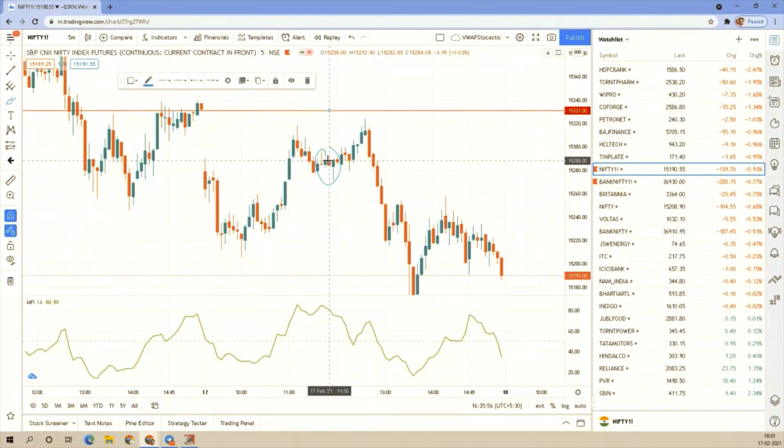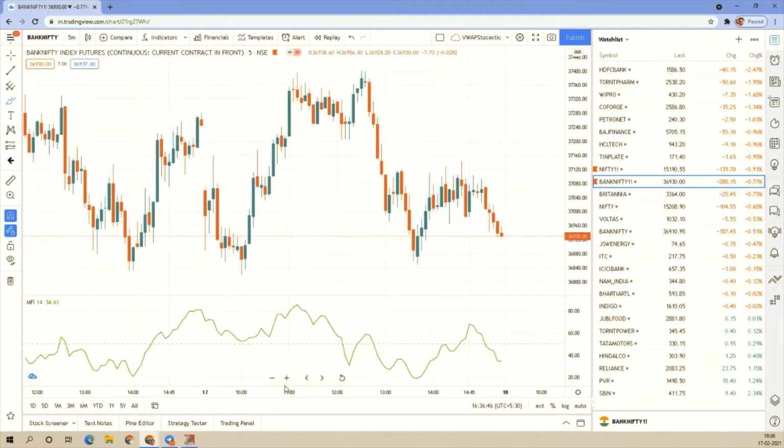If you have shorted it here somewhere around 15,828.88 on the futures, or if you have taken a 15,250 put option, or maybe a 15,300 call option and shorted it, even that's a good idea. If you have shorted in futures, this is the bottom where you could have exited somewhere here. So that's a decent profit, almost 80, 84, and then a low of 100 points. So it's almost 100 points on index Nifty. 100 points in Nifty is a very big move. Similarly, it works great with Bank Nifty too.